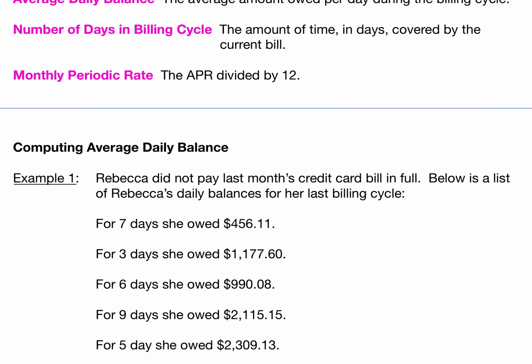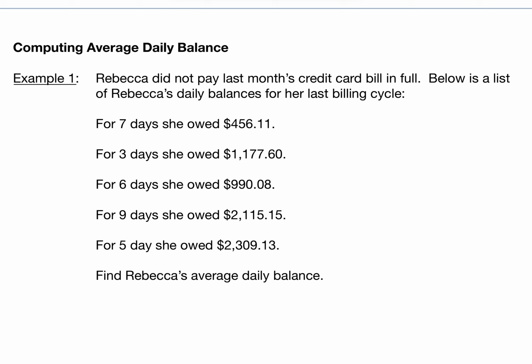Let's go ahead and get started with the first example. And we're going to start with computing average daily balance. Okay, so in this example, we are told that Rebecca did not pay last month's credit card bill in full. Okay, so she has a balance. Below is a list of Rebecca's daily balances for her last billing cycle. Okay, so for 7 days, she owed $456.11. So we would go ahead and write the following: 7 times